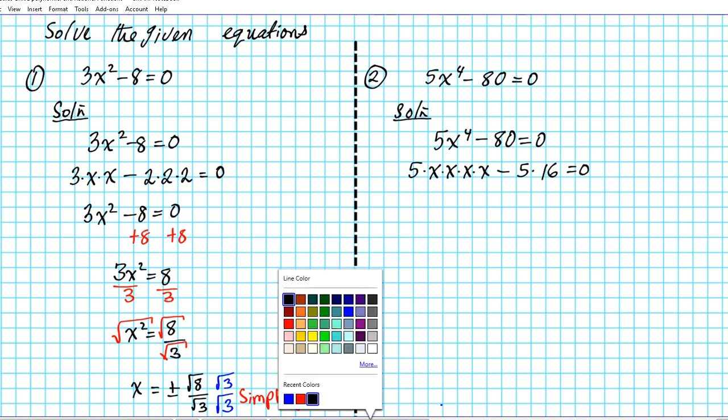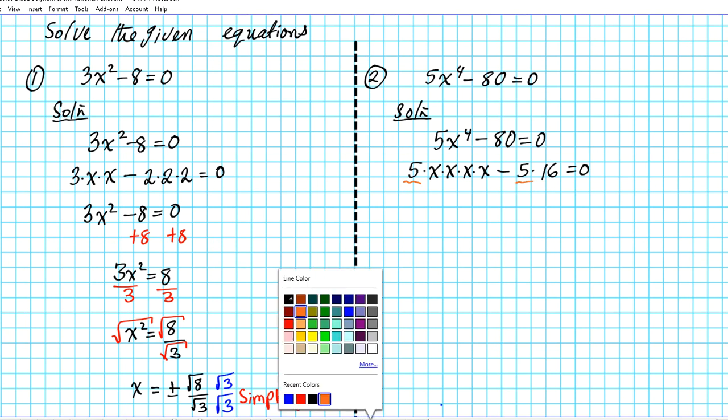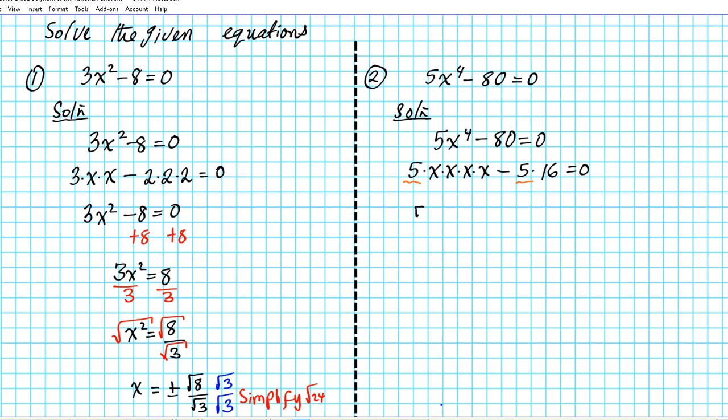Now, as we can clearly see, there is a common factor, namely 5, that can be factored out. Okay, so we factor that out, as though we're dividing by 5. We're going to be left with 5 times x to the 4th minus 16 equals 0. Alright, so now if we take a look at this quantity in the parentheses, this is known as a